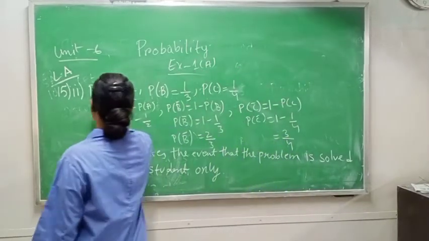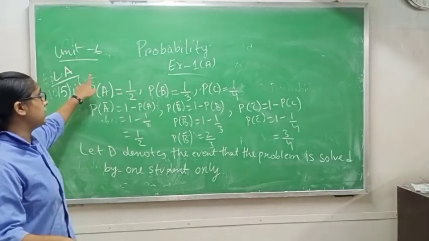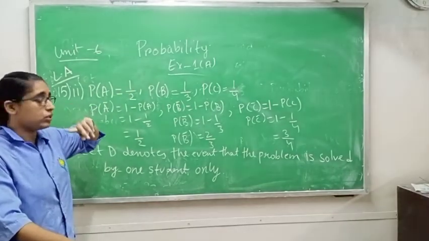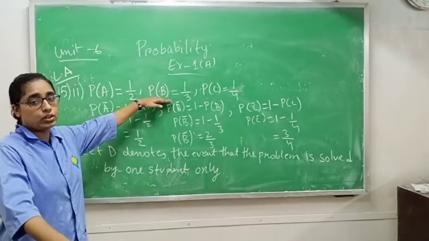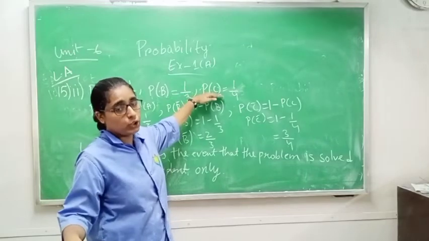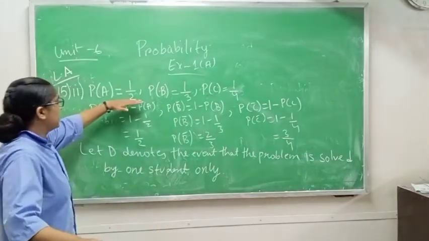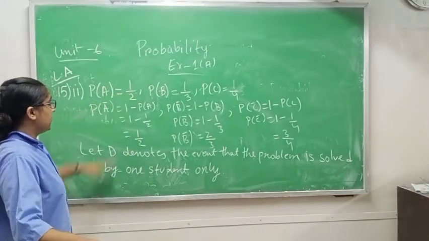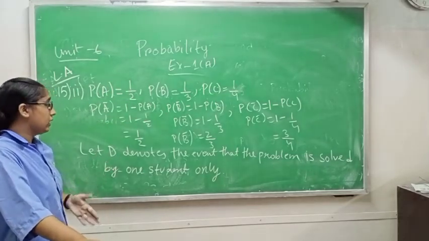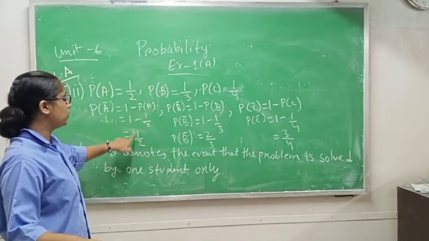Okay, so PA is the probability of the first student solving correctly, which is given as half. So you will write that PA is the probability of solving the question correctly by the first student, PB is the probability of solving it correctly by the second student, and PC is the probability of solving it correctly by the third student. If their probability of solving correctly is 1 by 2, what is the probability that they will not solve it correctly, means incorrect? Same, PA bar equals 1 minus PA, PA value is half, so you will get half.